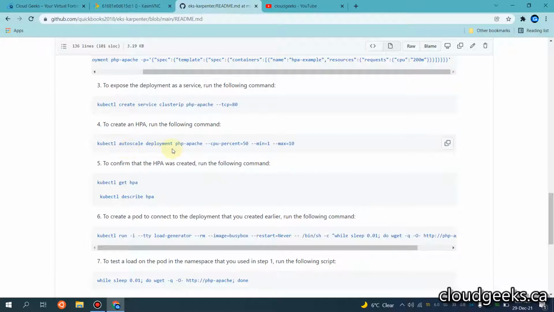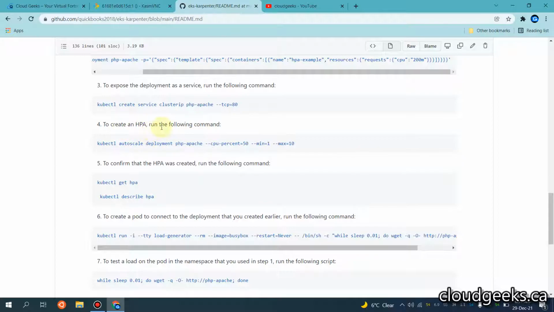So kubectl autoscale deployment php-apache with CPU 50% and min and max. One thing I need to tell you is that it is not just limited to CPU. You can set it up according to CPU and memory limits as well, but in this tutorial I'm focusing just on the CPU. So if the CPU usage on the pod increases, it is going to launch another pod, and to make it launch another pod, we are going to stress it. So let me set this up.